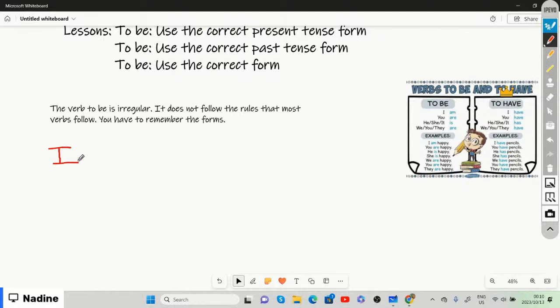So maybe like I am, right? So am is our standard to be verb, right? Am. So you can either say I am dancing, right? So I am dancing. And that is our present tense form of the word to be, right? I am. What are you doing now? I am dancing,